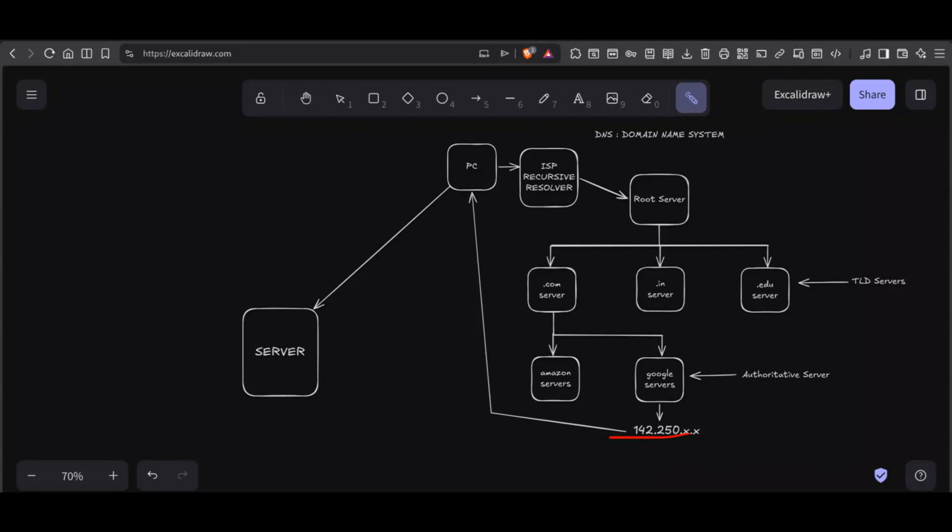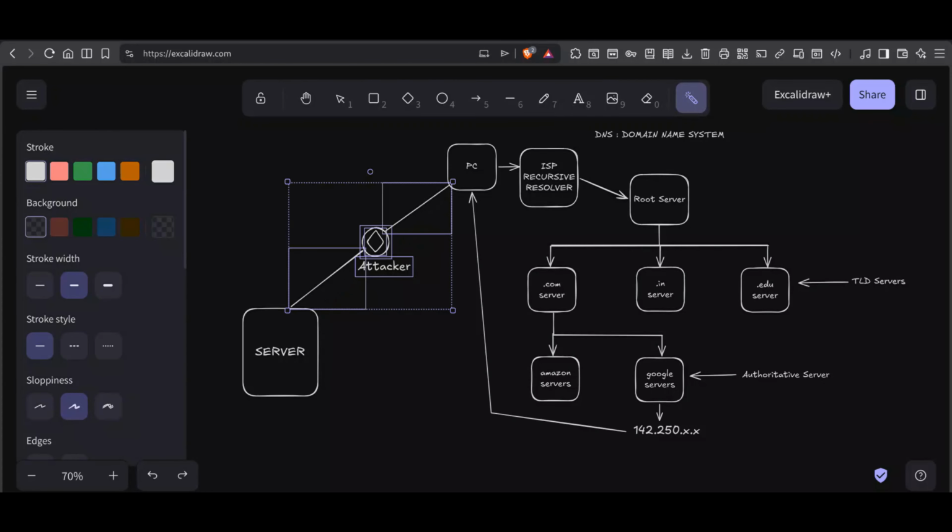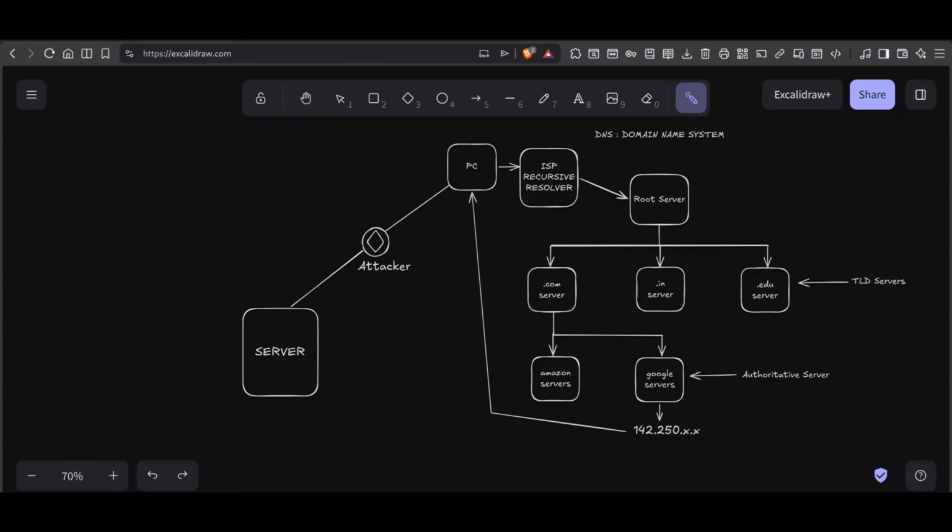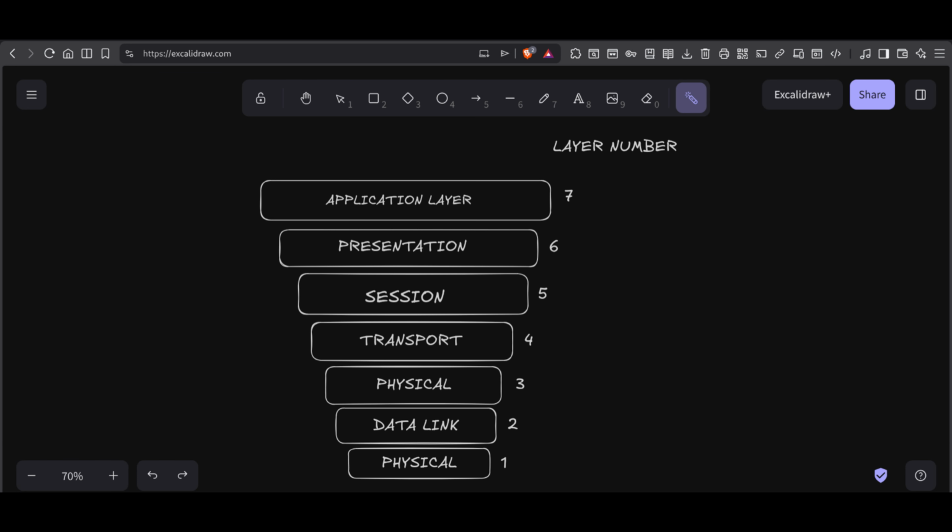All right, so DNS gave us the IP address. We know exactly where the server is. But how do we actually talk to it without someone stealing our passwords in transit? Today, we are diving into layer 7 of the OSI model to expose HTTP and the cryptographic handshake that secures